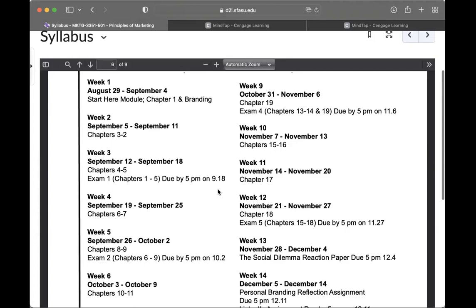So if you need to do things at night, that's fine. But if you're one of those that waits to the last minute, you won't be waiting until the last minute at midnight. The other reason I do this is because I cannot help you at midnight. If you have trouble, if there's a technology issue, whatever the case may be, I am, believe it or not, usually awake at midnight. But it doesn't really help me help you when things are due and you're trying to troubleshoot late at night.